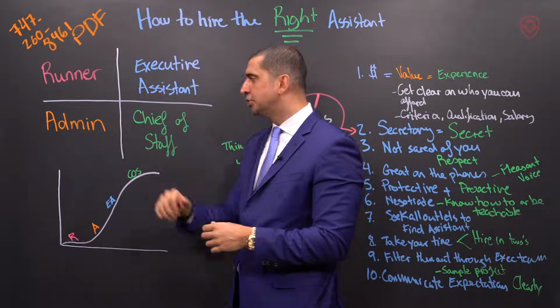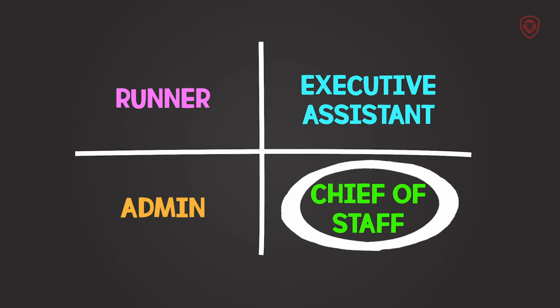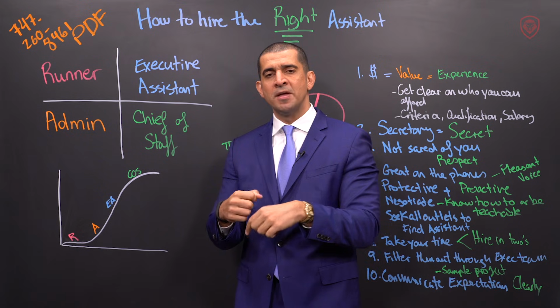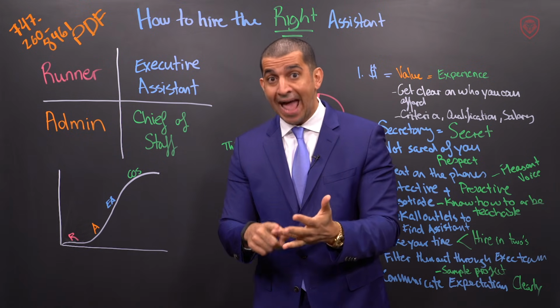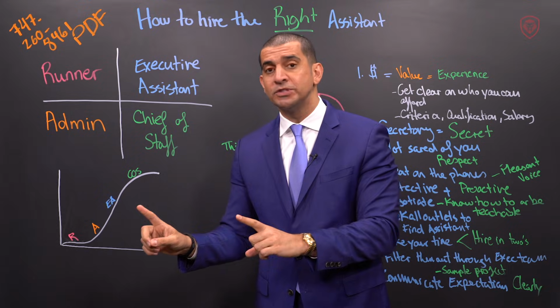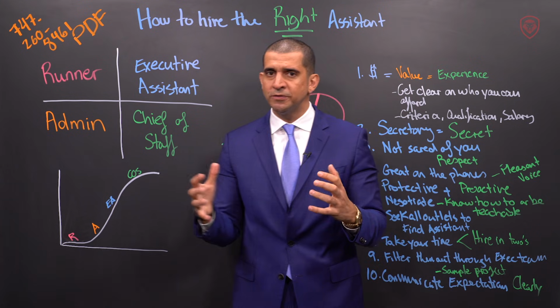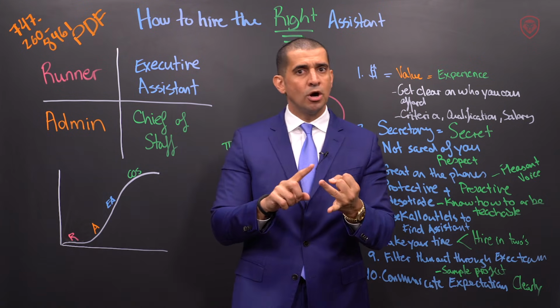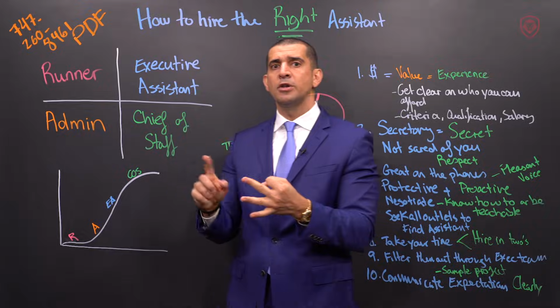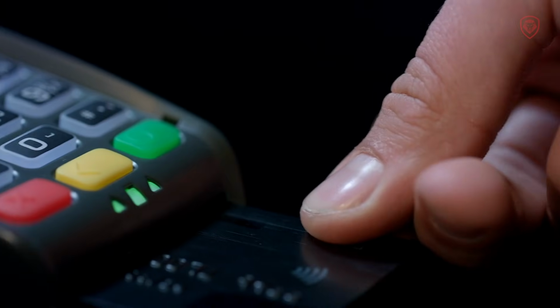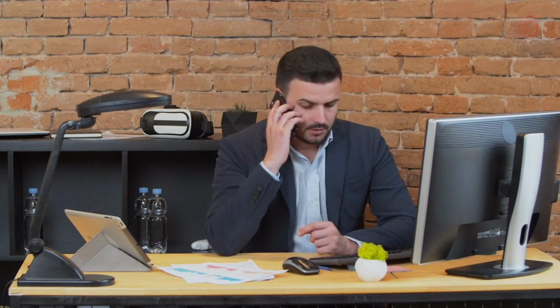And then last but not least is your chief of staff. You may have a chief of staff that has 3 assistants reporting to the chief of staff, and your chief of staff has a runner, an admin, and an executive assistant, and that's your chief of staff. So you may have all 4, but your chief of staff is telling the executive assistant what to do, telling the admin what to do, telling the runner what to do, because they are very busy. Now, at this point with chief of staff, they are handling your money, they are handling more things, they are doing above and beyond negotiation deals. Maybe if the executive assistant has a spending budget of a certain amount, the chief of staff's going to be higher. The chief of staff has the authority to make certain decisions that are a higher pay grade than somebody like an executive assistant.